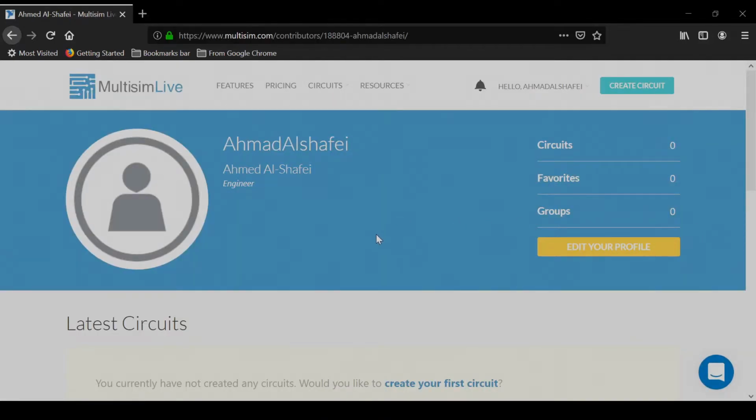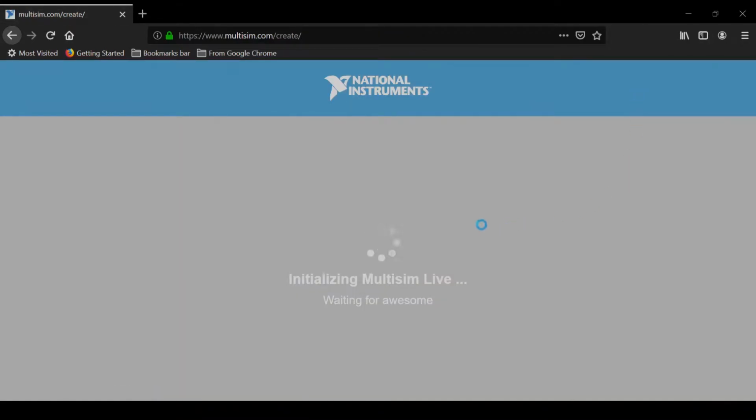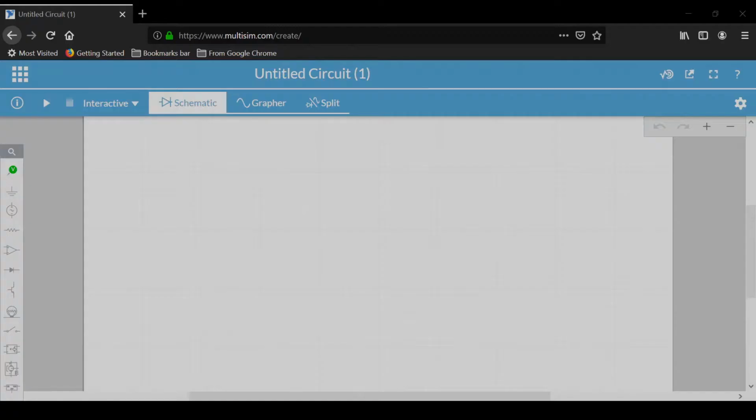Once you log in, you'll find yourself in your personal profile. Let's jump into creating a circuit by pressing Create Circuit right there. This right here is your working space where you will place all the circuit components. Let's give the circuit a title and jump into creating a circuit that has some resistors, a voltage source, and